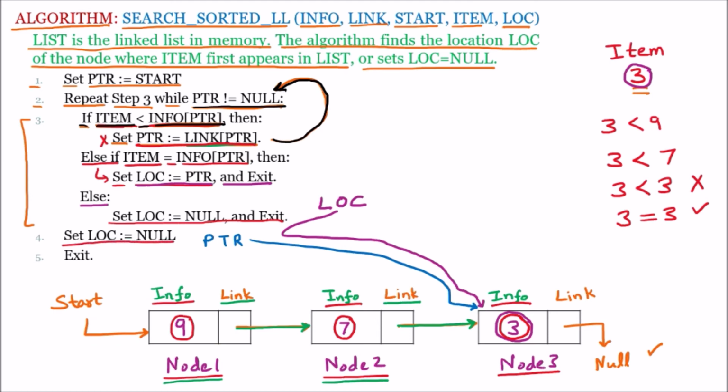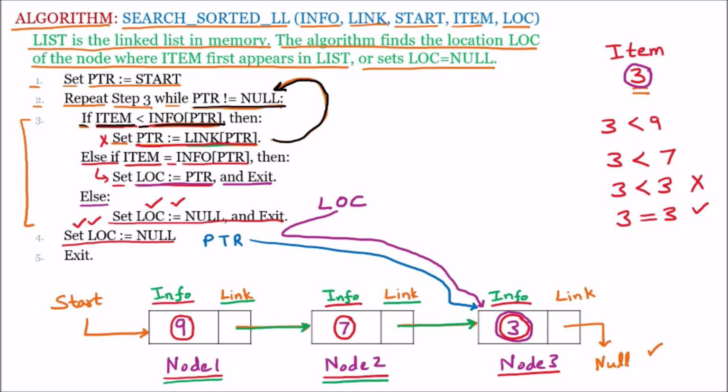Case number 1 will work if we are not finding the location, that is, if the whole list is traversed. Let us suppose that we start from the start and go till the null, and we are not finding anything. There we will say location is equal to null. We are not finding the location. And this one is for the while loop. If our while loop condition is going false all the time, then we will say location is null and exit. So the final answer, if the element is not found and we have gone through all the list, is that location will be null.